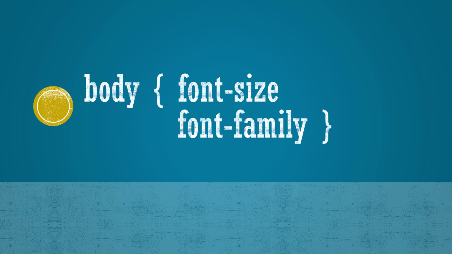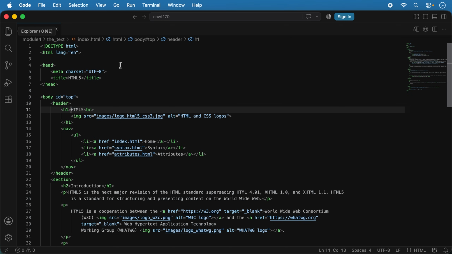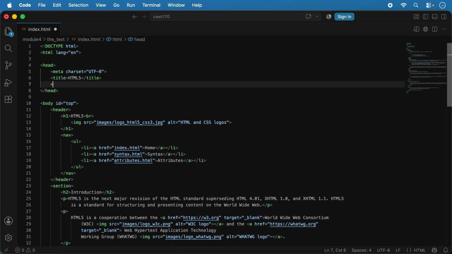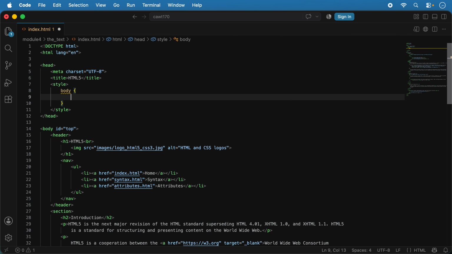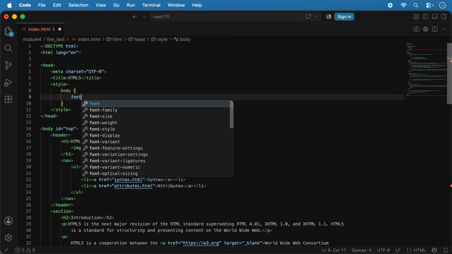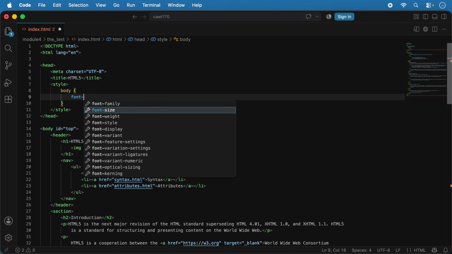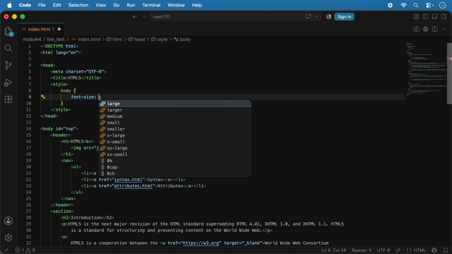So let's get some housekeeping going and set some defaults. Make a new line in the head section and create a style section for our CSS code. A common way to get started is to select the body by typing body and then a space and an opening curly bracket, pressing return, and then setting the font size to 100% by typing font-size: space